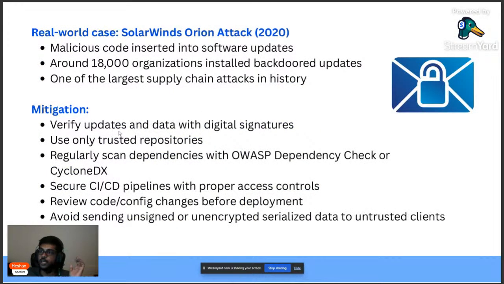Mitigation: verify updates and data with digital signatures. So what are digital signatures? I hope most of you have seen, when you download something, below the download link there is something called a checksum, a hash value. What that means is, the original application, what we normally do,